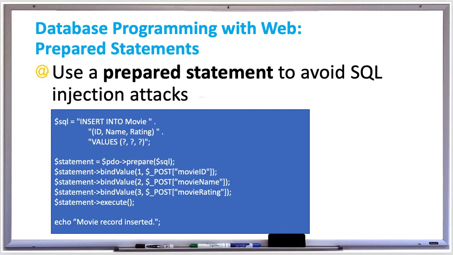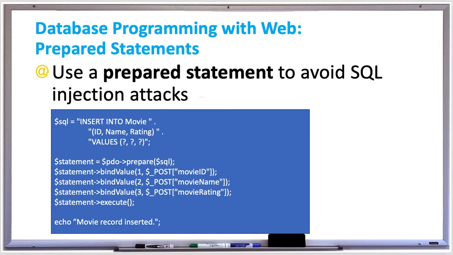A better way of doing inserts is to use a prepared statement because this avoids SQL injection attacks. This is where the hacker can try to change the values of SQL statements. So a prepared statement is a SQL statement where you can provide parameter values directly from user input by using placeholders called parameter identifiers. So the question marks in the examples are the placeholders, and we use these rather than data literals. So in this example, we're creating an insert into movies query where we're passing data to ID, name, and rating with the values set to placeholders. So whatever goes in first in the parentheses is going to be set to the ID, second will be name,